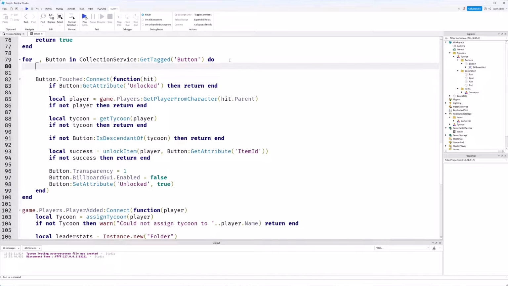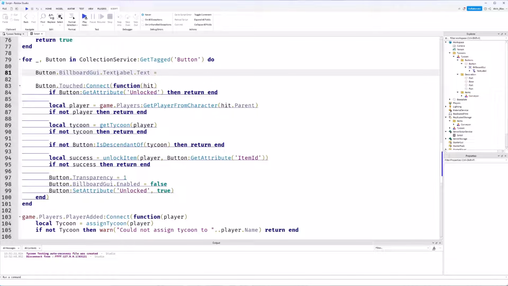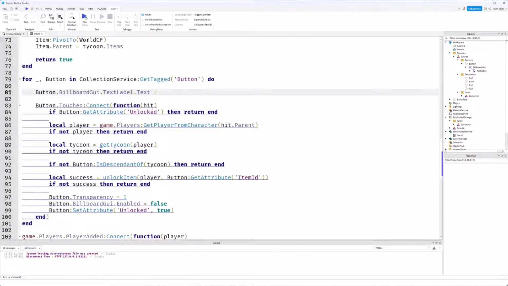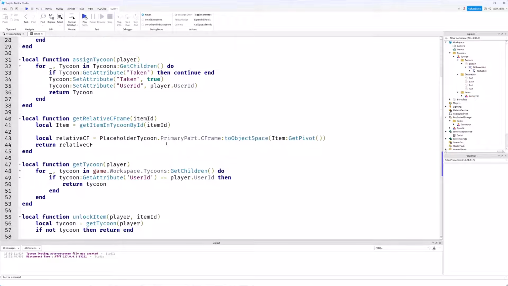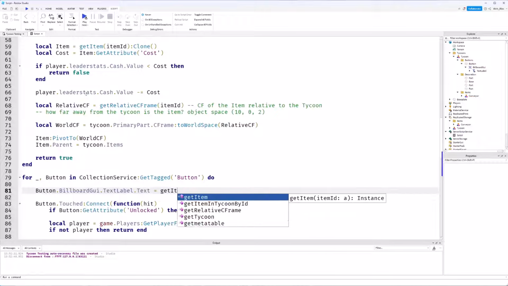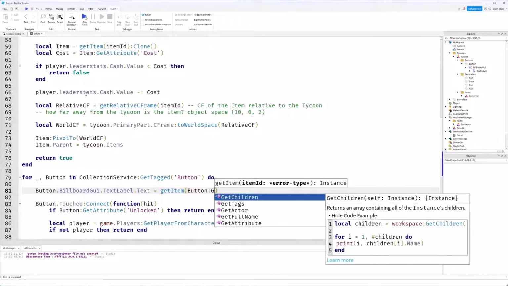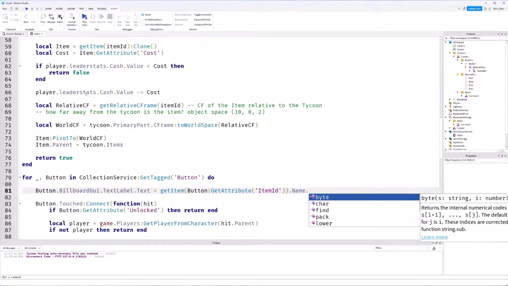in this for loop we're going to say button.billboard.gui, and we're going to say .text label .text equals, and then we're going to say the name of the item that we're going to unlock, and we need to get that somehow. So let's have a look at our functions here. We can use the get item function. So get item button get attribute item ID. We can say .name, and then we can